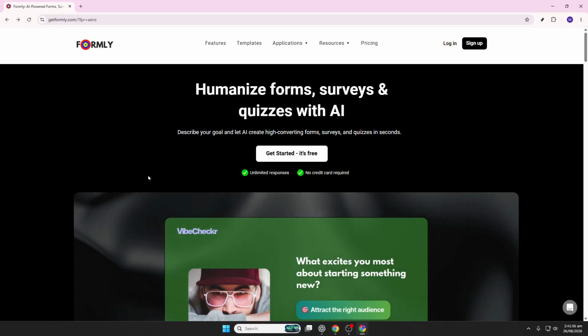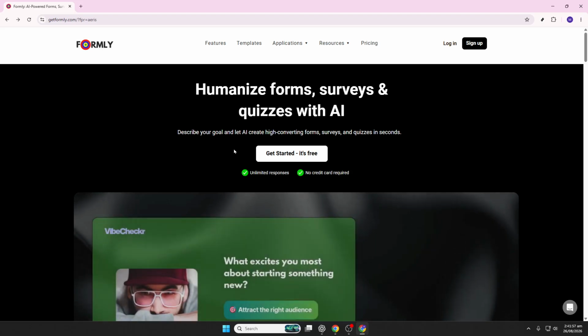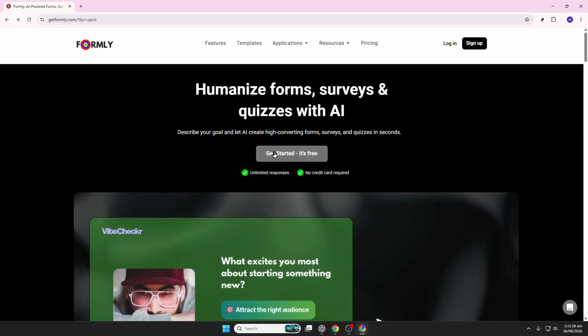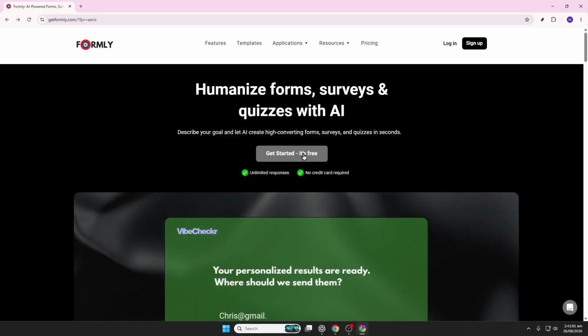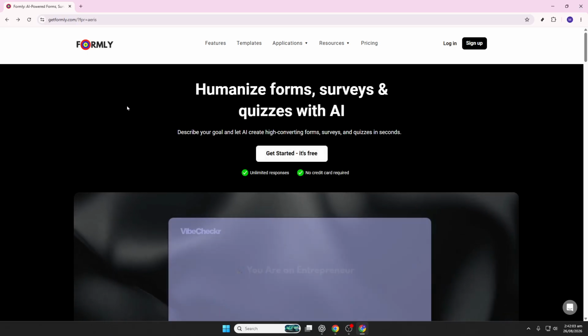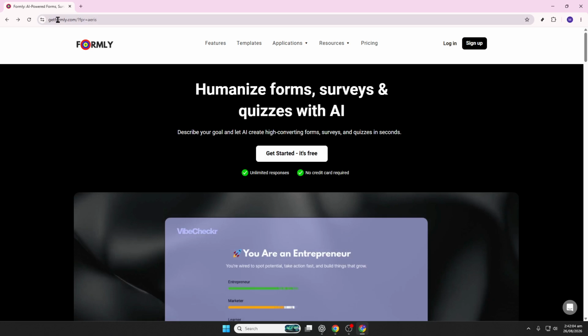Make sure you're on the correct site before continuing, since that helps you avoid confusion and ensures you're signing up in the right place. Once you're on the home page, look for a button like Get Started, Sign Up, or something similar. Click that to begin creating your account. The layout may vary slightly depending on updates to the site, but the goal here is simply to get to